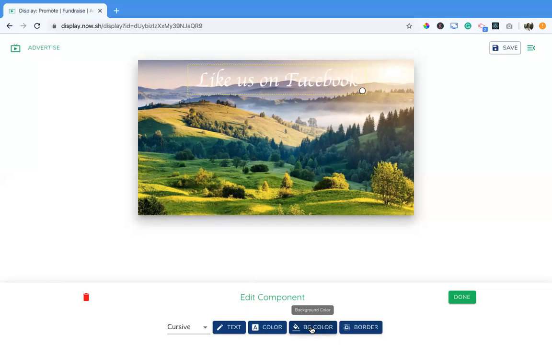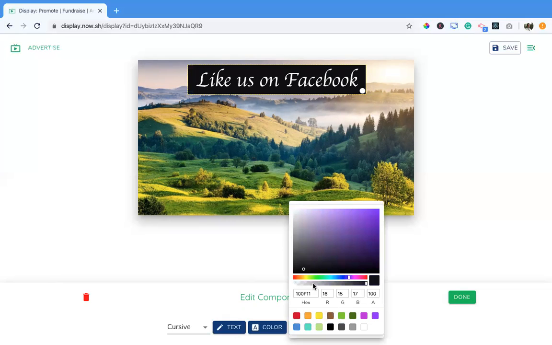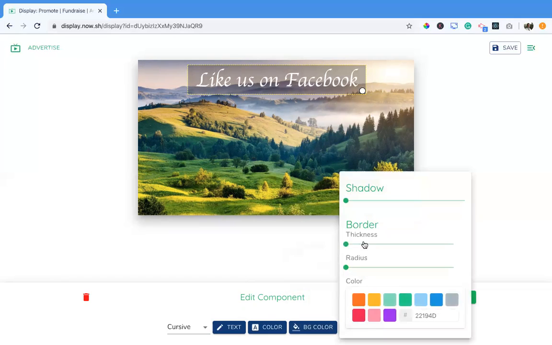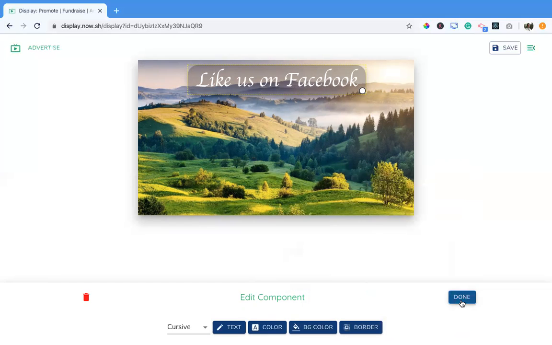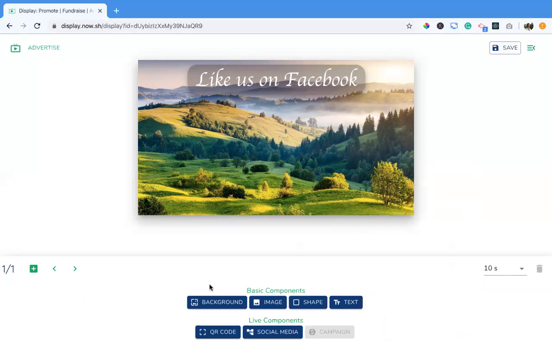It's a little bit easier to see. The alpha there. Radius and shadow. Okay. Now we went over those